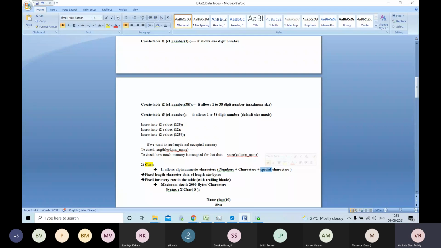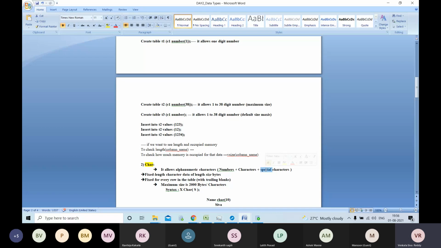He understands in that manner and gives the money back to the dad. Here the character data type works like the more expensive guy, and the varchar2 data type works like the less expensive guy.